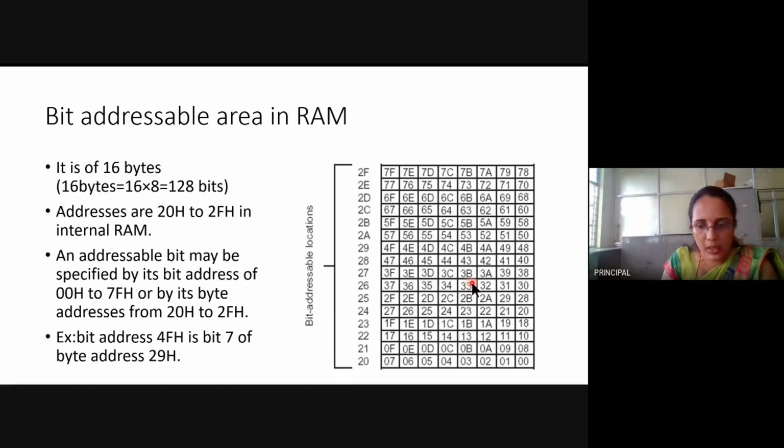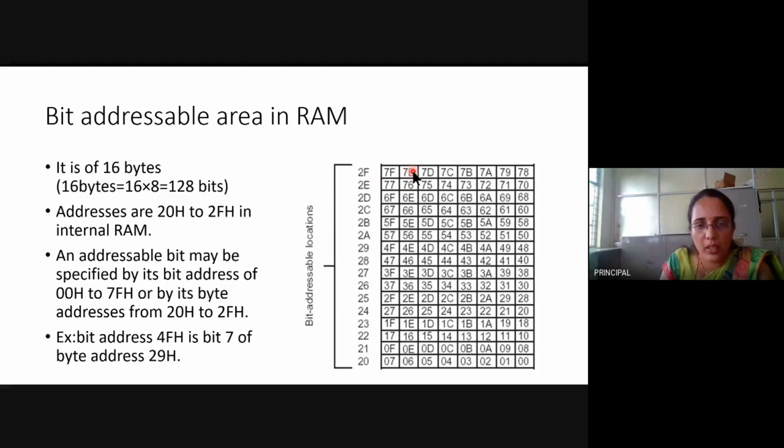You can specify a single bit address, or you can specify it by using byte addresses. For example, here you can see 4F, which is nothing but bit 7 of byte address 29. Likewise, 7E is bit 6 of byte address 2F.